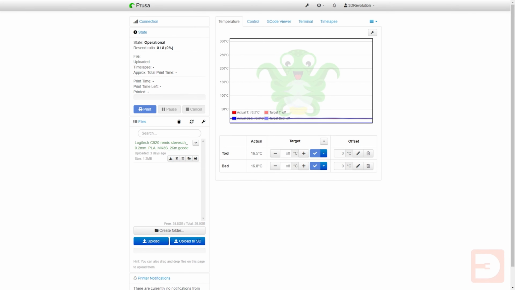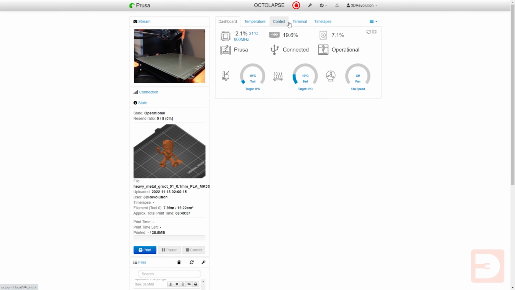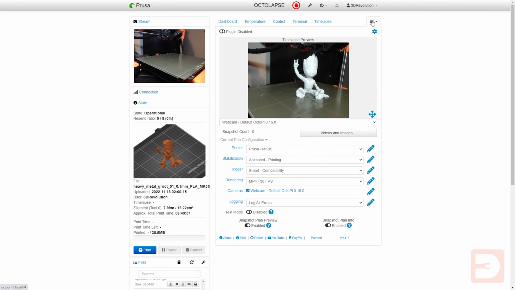Here's a quick look at what Octoprint looks like with no plugins installed, and then here is what it looks like with all of the plugins that I just mentioned installed and how it transforms the user experience. I hope that's given you a better idea of which Octoprint plugins can really improve the user experience of this system. I've got another video coming up very soon of extra Octoprint plugins which will add extra functionality to the system, so keep an eye out for that video.